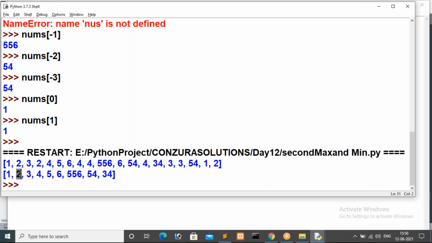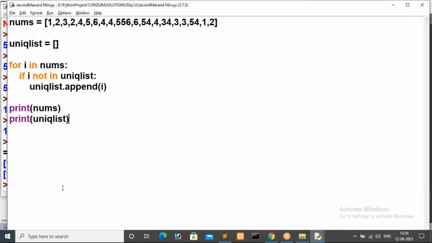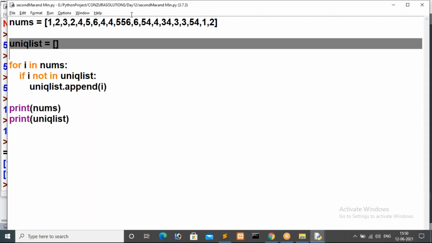One existed only once, two existed only once, three only once, 4, 5, 6, 56, 54 and 34. So for getting this unique list, I created one empty unique list, because we want to store unique values in one list.